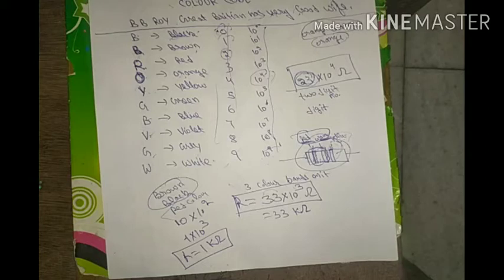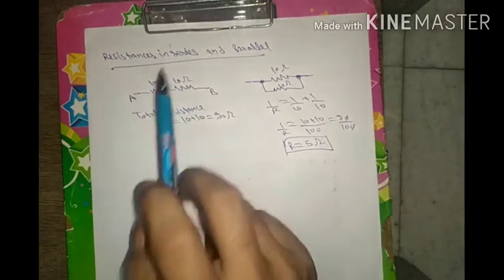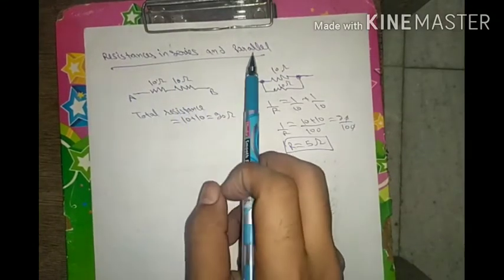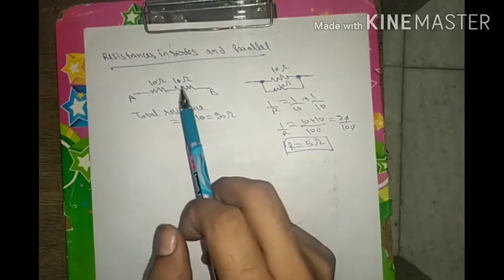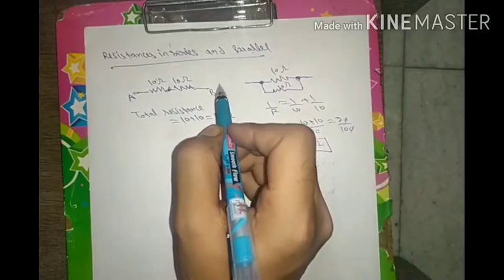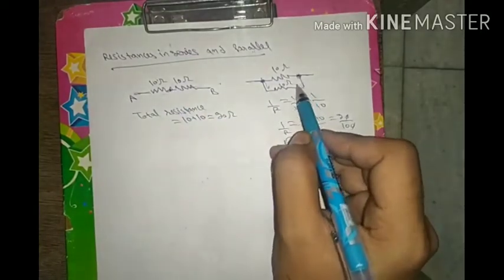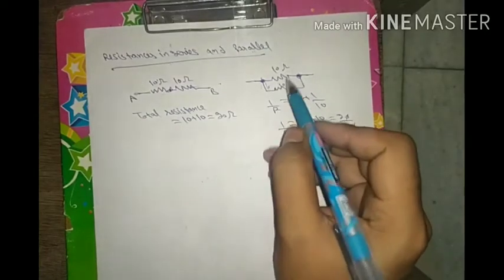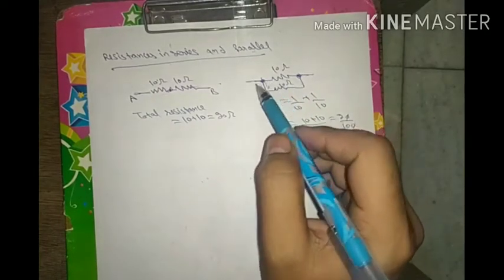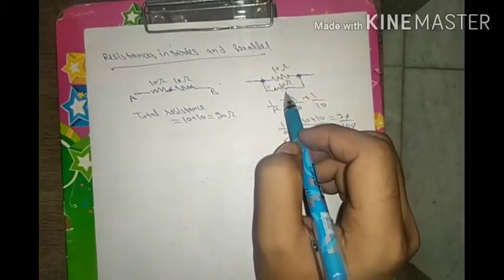And one more thing we can do with resistances is resistance combinations. There are two combinations possible: resistances in series and resistances in parallel. If two resistances are connected such that only one end is connected and the other ends are free, then the resistances are known as in series. And if both the ends are connected to each other, then the resistances are said to be in parallel. So clear, students? These two resistances are in series, and these two resistances are in parallel.